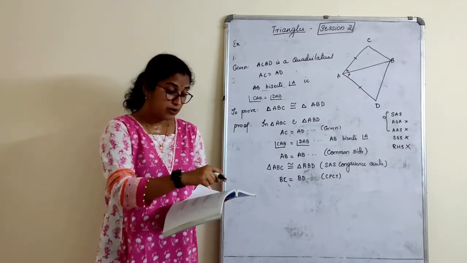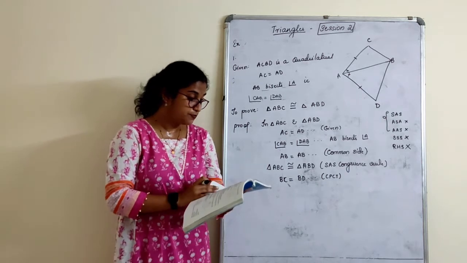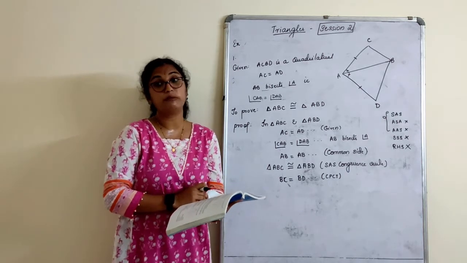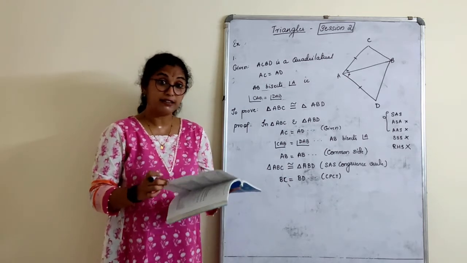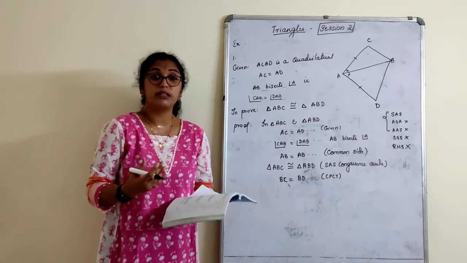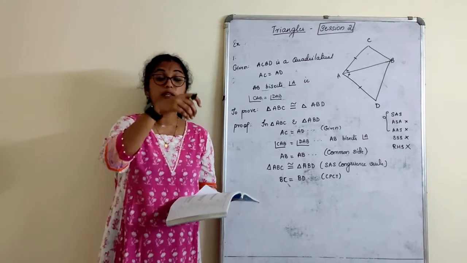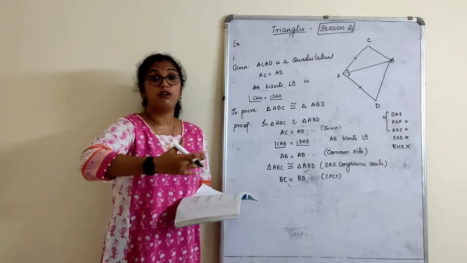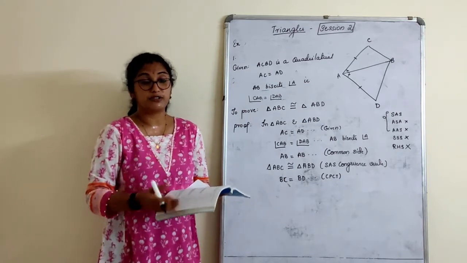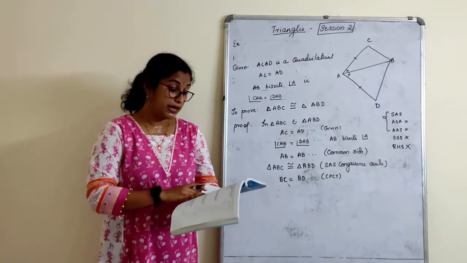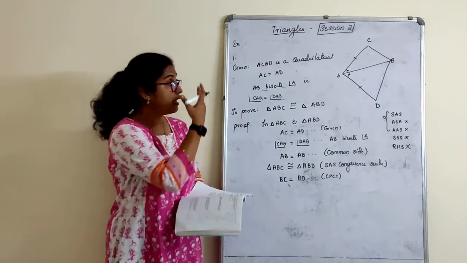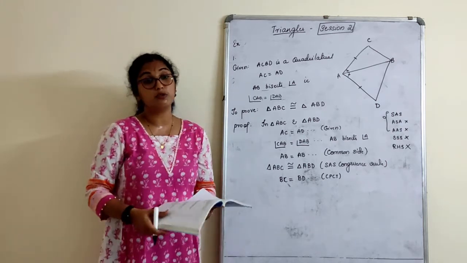Remaining, we are left with the second, third, fourth, fifth, sixth, seventh and eighth, which we will be doing in tomorrow's class. We will be proving all these riders. What can you say for this? Riders are something which are based on a theorem, where we use the rule or theorem, reasons, etc. We will be doing that in tomorrow's session. You can practice the theorem, and you can practice the worked examples as well, by applying these rules that we have done.